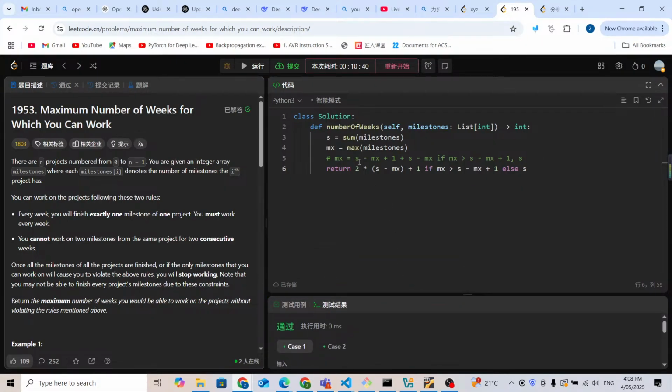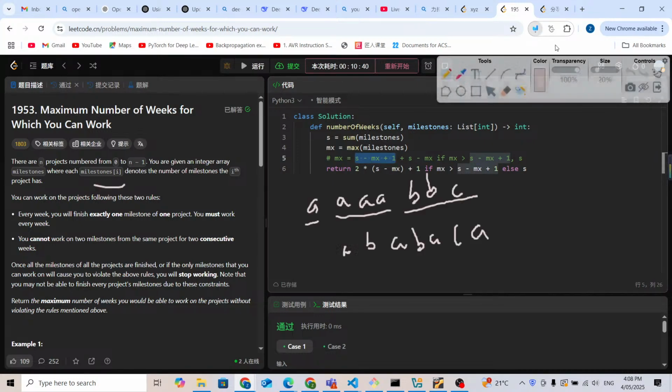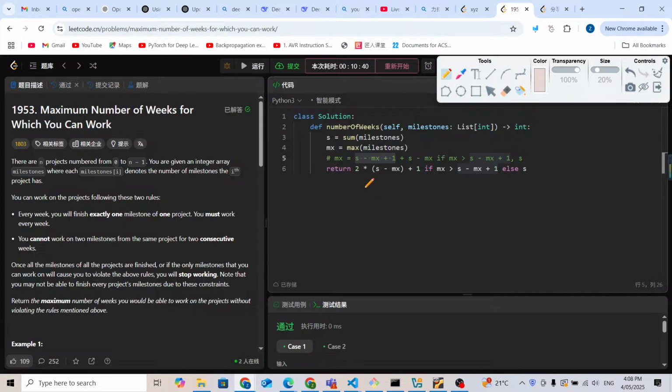So this one, s minus mx plus 1, we have to prove that even if we reduce this number, it's always going to be the biggest number, and it will always be the unique number.